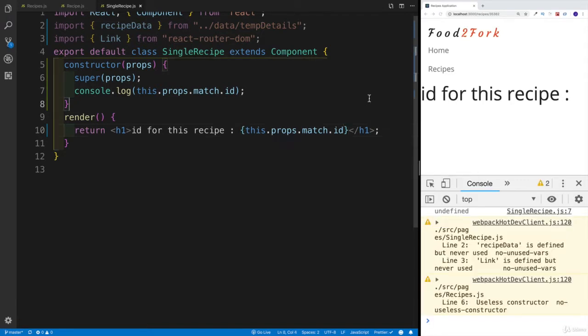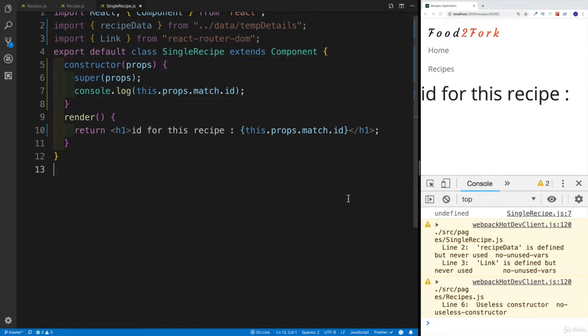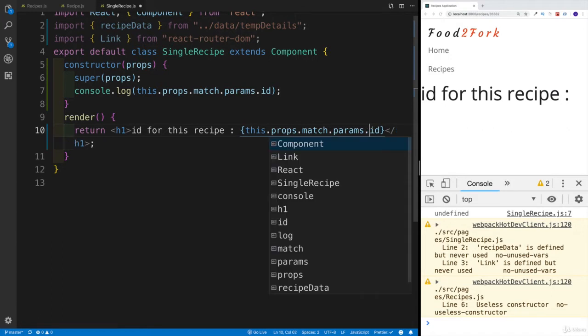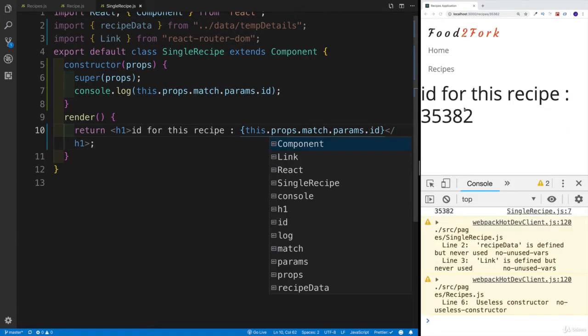The ID for this recipe, and at the moment I have nothing. Okay, so it says here that this is going to be undefined. And the reason for that is because I need to look for params. It's not just a match. It's going to be actually params. Params. And let's see what we're going to have for now. Params. Again, one more time. And yes, I do have